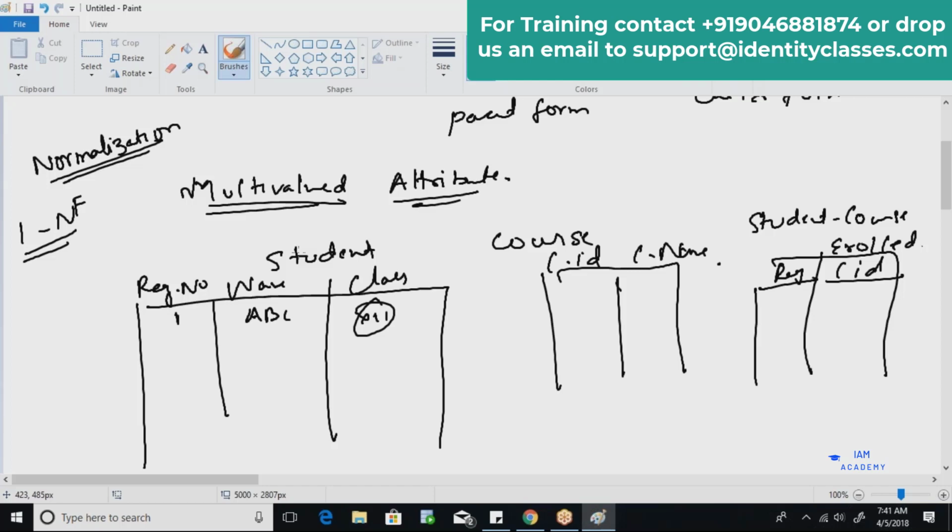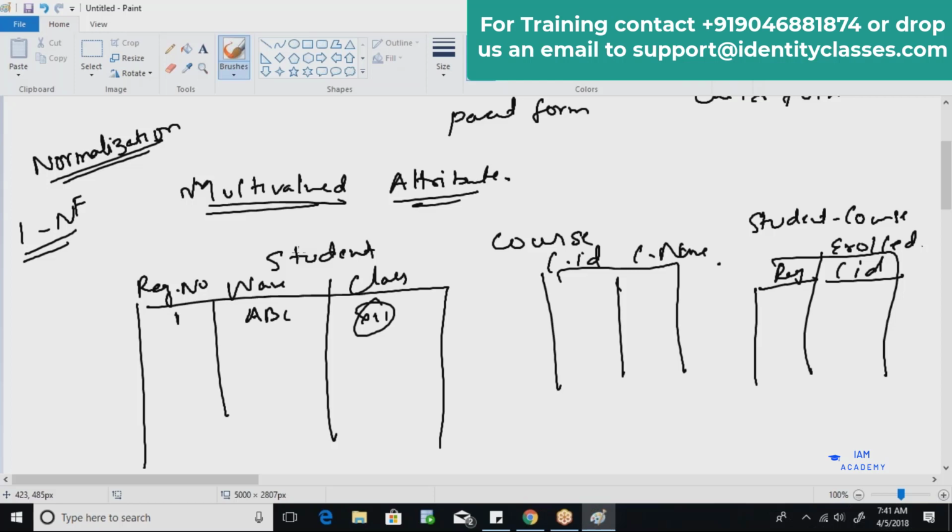So in your OIM end, you have to create a child form in order to tackle this particular situation. The child form is basically used for attributes that store multiple values. For those reasons, we have the child form.